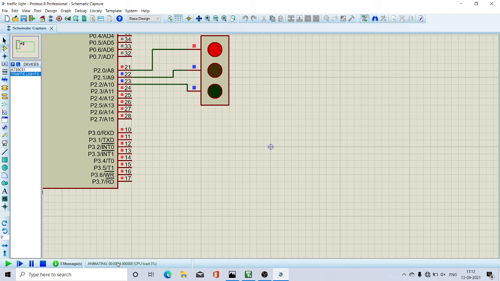So this is how you can design a traffic light controller. But I have shown you here only one direction. If you need 4 directions, you need to consider 4 traffic lights in 4 directions and indicate each direction. One traffic light is for the east direction, one for the west direction, one for the south direction, and one for the north direction. Like that, for 4 directions you need to mention 4 traffic lights and write the program. So this is how we design a traffic light controller embedded system.